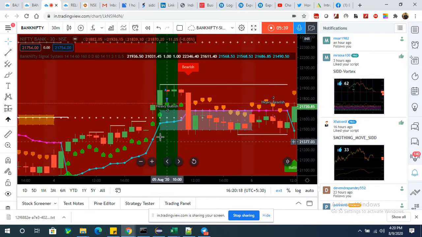And if you see that heavy bullish came here in the gap up area, this was the gap up area, avoid this kind of trade, because in the gap up area heavy bullish signals are mostly false signals generated by the algo. So I will say avoid this one and wait for the next new signal.